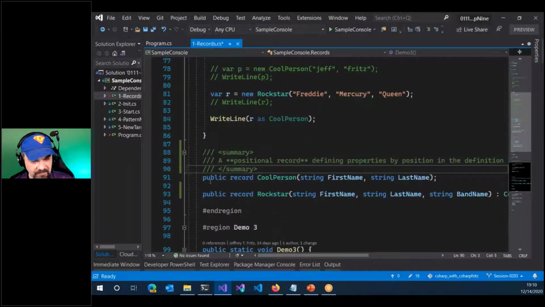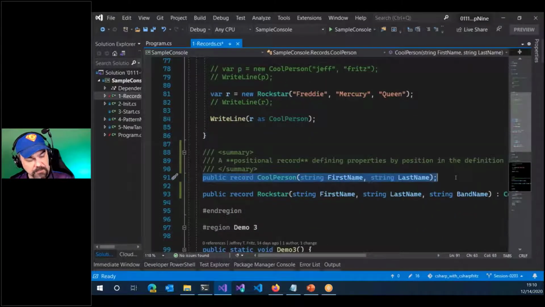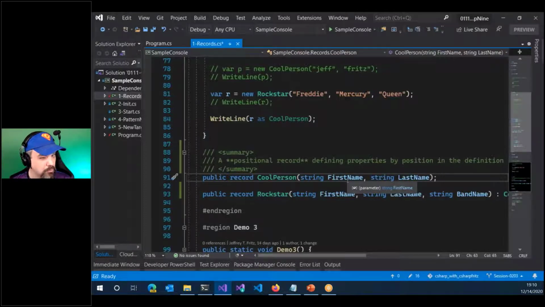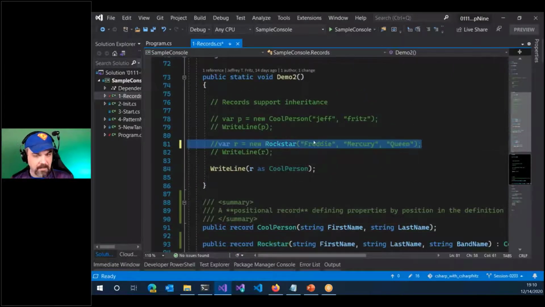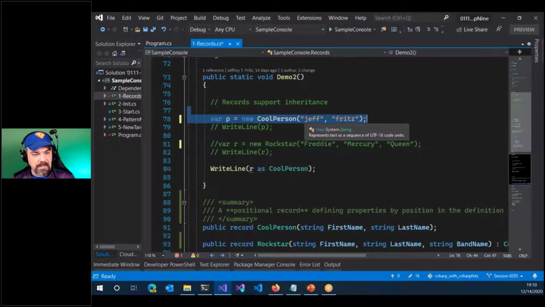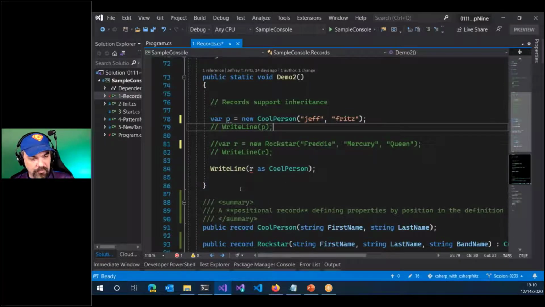Well, I'm going to define, instead of a person, a cool person that has a first name and a last name, and I don't have to give it any other syntax, because first name and last name are listed here inside of what looks like the constructor. I have a cool person defined, and it has a property called first name and a property called last name. So let me comment Freddy Mercury out here, and let me uncomment. So if I have cool person here,